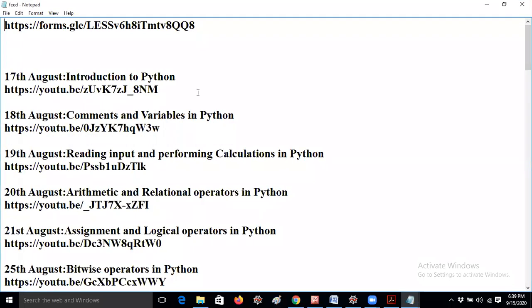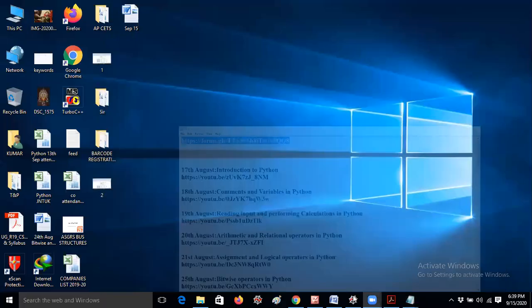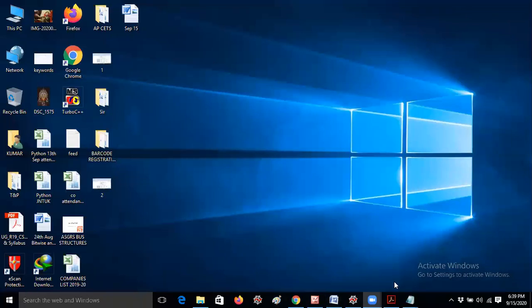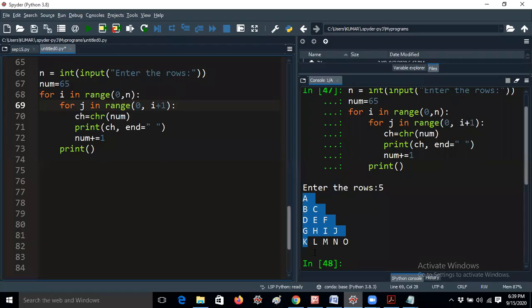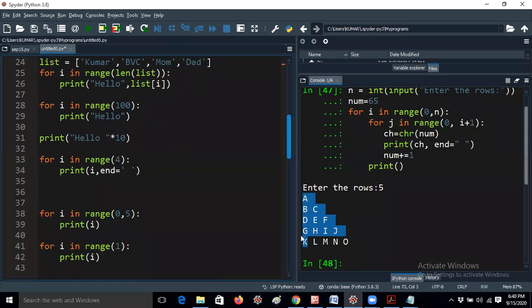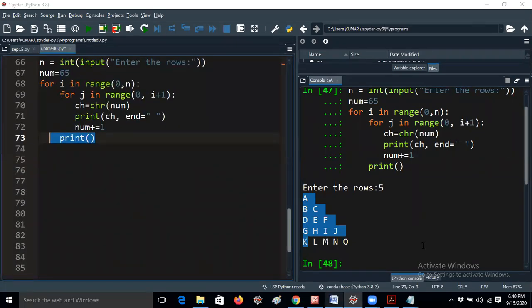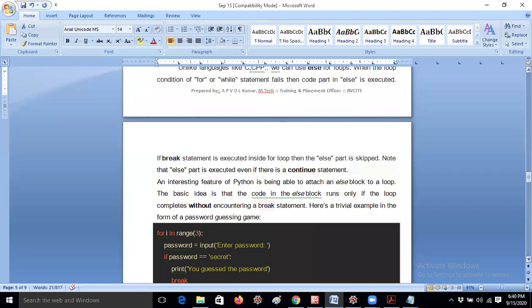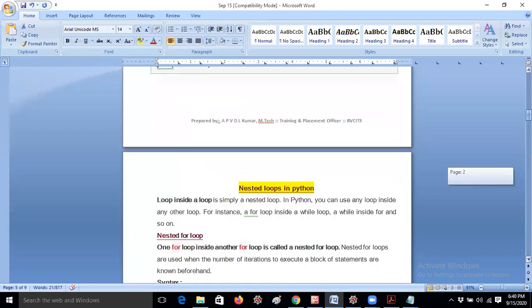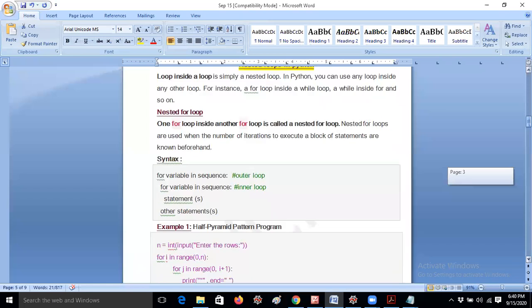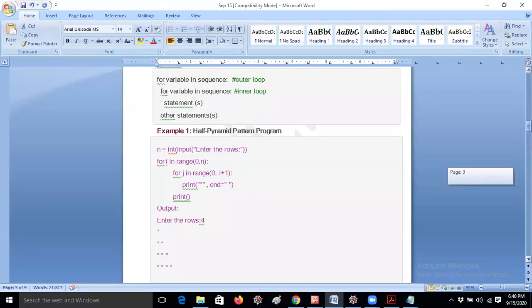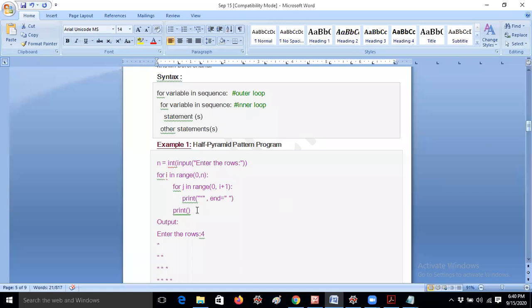After the completion of the class I will forward the notes. You just go through the notes, and after that you should do experiments with the program, then only you will understand better. I would like to tell you one more thing. If any students are not understanding why print is there here, I will tell you, no problem. In the first example itself, I have taken a real-time example also.